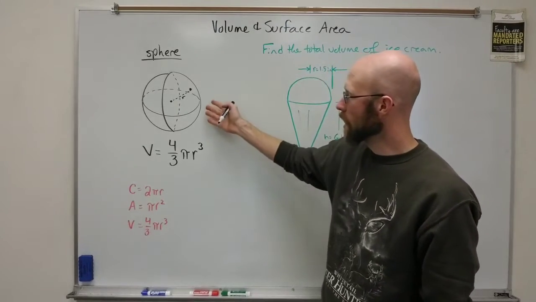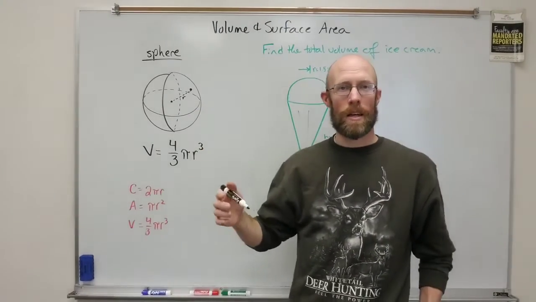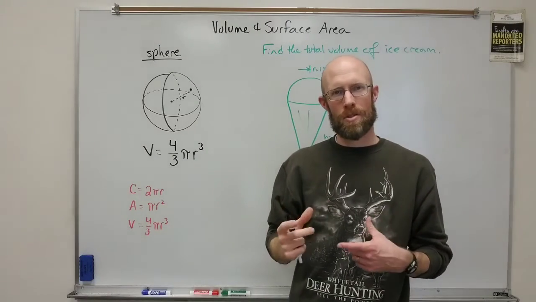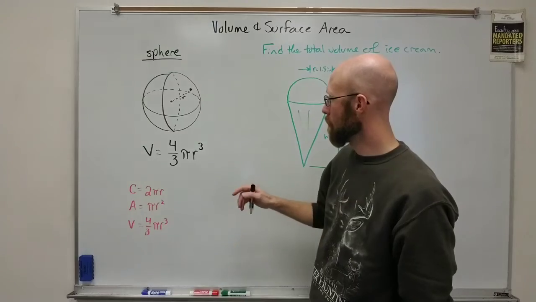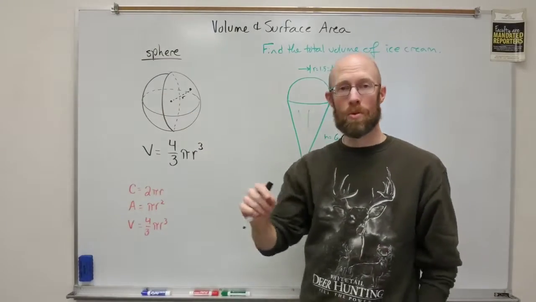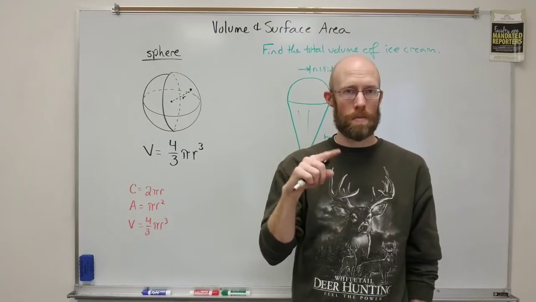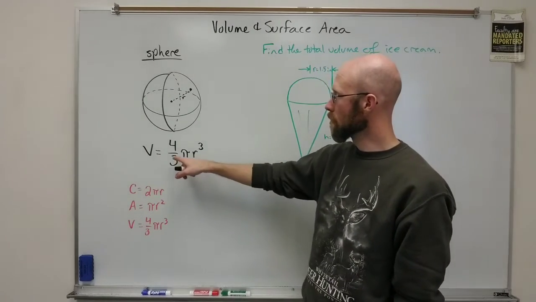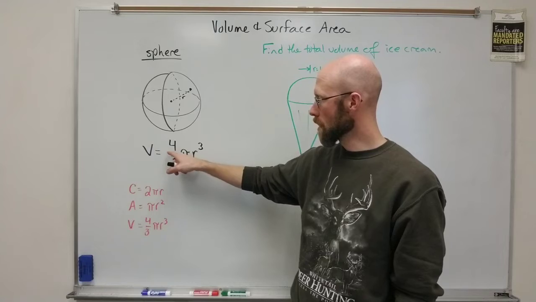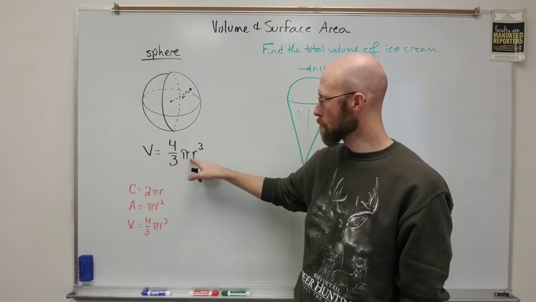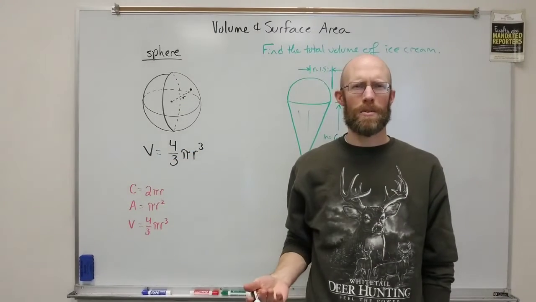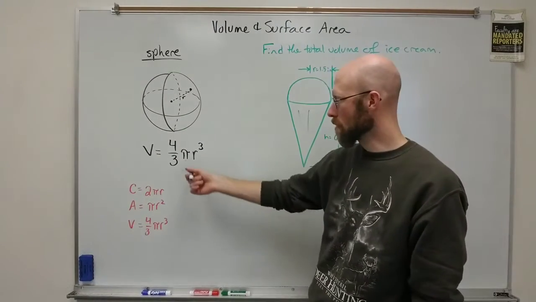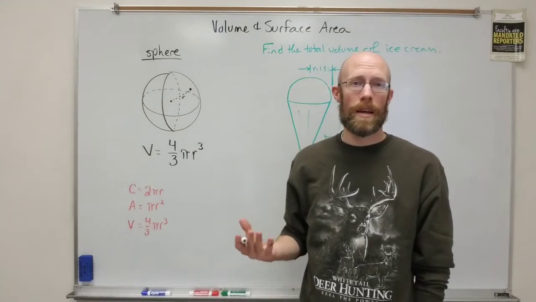But either way, a sphere is equivalent to kind of like a three-dimensional circle. Any cross section that goes through the center is going to be circular. And so the volume for this sphere is calculated with the formula 4/3 pi r cubed. And now, how do you remember any of these formulas? Not that I would necessarily make you, this one I would give you on a test, but if you needed one,